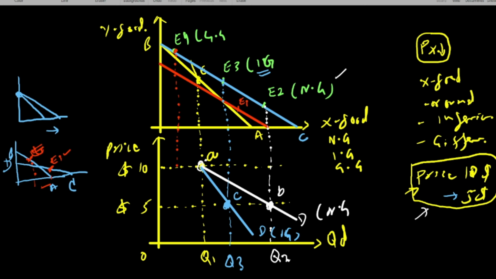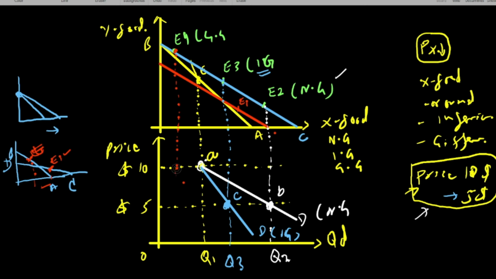But if the examiner asks a question about normal good, inferior good and Giffen good, all three types of goods, then you will have to make the Giffen good graph as well. Sometimes the examiner may also ask a question about normal and Giffen only, or inferior and Giffen, normal and inferior. So you will have to change this graph accordingly. Okay, so for